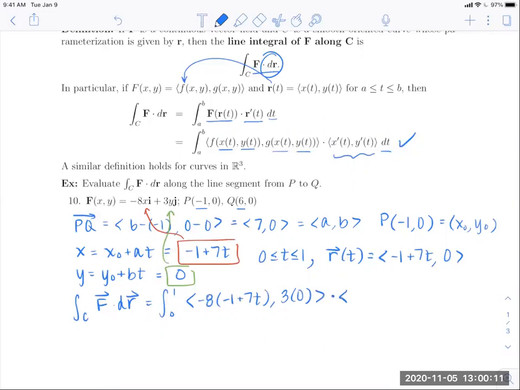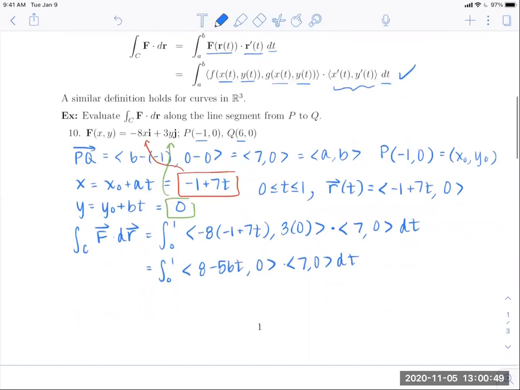I want to dot this with the derivative of r. Since these are linear, the derivative of the x component is 7, the derivative of the y component is 0, and then I'm integrating with respect to t. So I have my single variable integral set up. It almost looks like a single variable integral that we're used to, except we need to carry out the dot product. But before I do that, let me distribute this 8. I have 8 minus 56t, comma 0, dotted with 7, comma 0. If I carry out the dot product here,